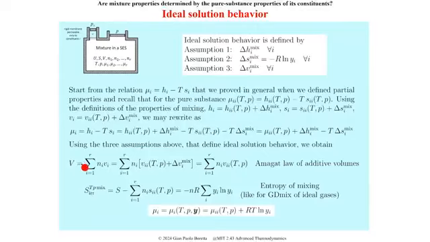Now, if you remember, the chemical potential for any constituent was written this way: as the chemical potential of the pure component at the same temperature and pressure of the mixture, plus the enthalpy of mixing of that component, minus the temperature times the entropy of mixing. And we've used this relation already a few times. So if I substitute the 3 assumptions up here,